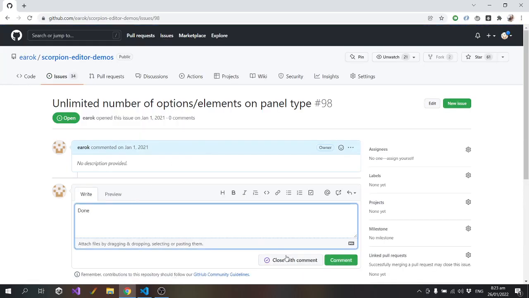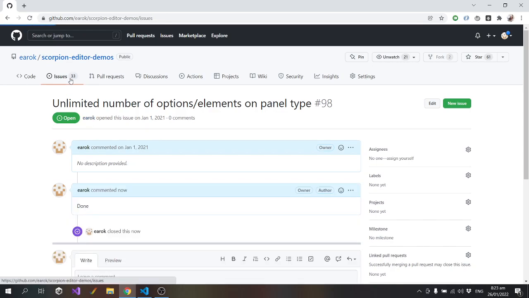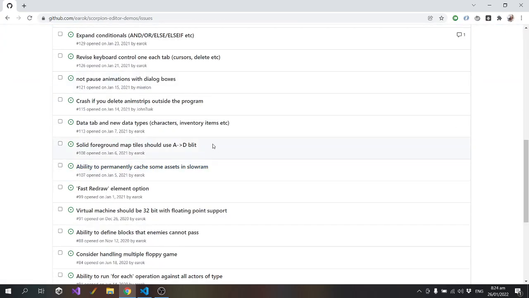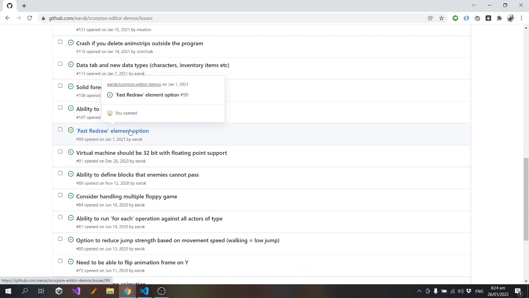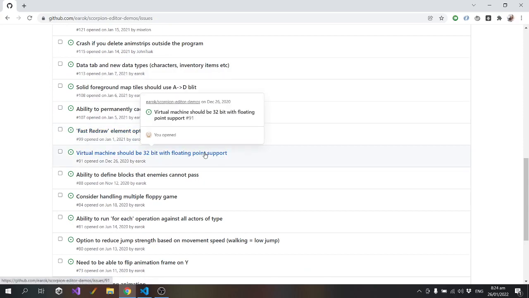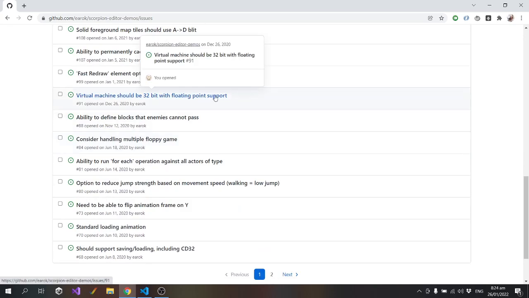That's done. Virtual machine should be 32-bit with floating point support. I'll have to come back to that one. That would allow support for fractional numbers in code blocks, but I can't support that currently, so I'll just ignore that.